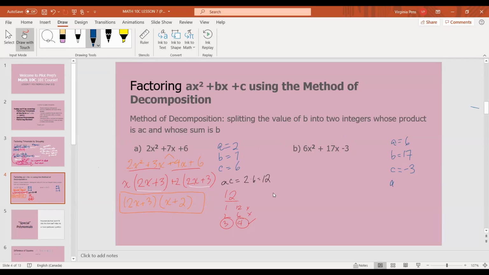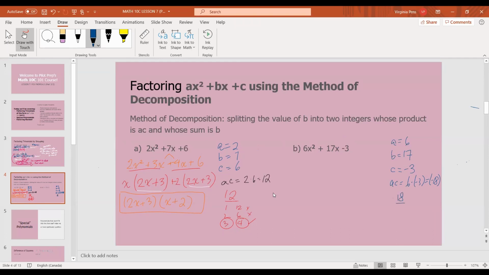Well, AC is 6 times negative 3, which is equal to negative 18. This is different from, yeah, that's why it's really important to be aware of your signs. If it had been a positive 3, then our AC would have been 18, which would have been a completely different